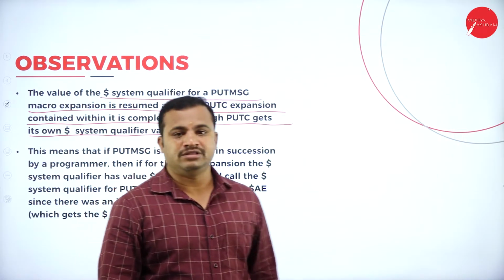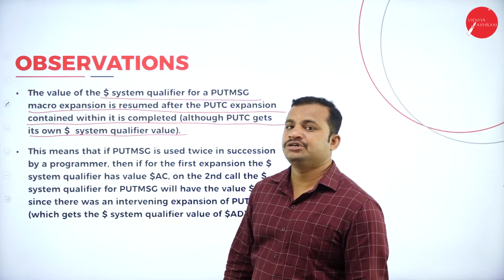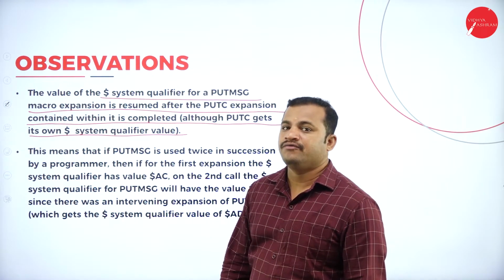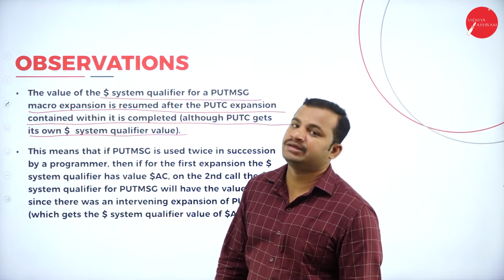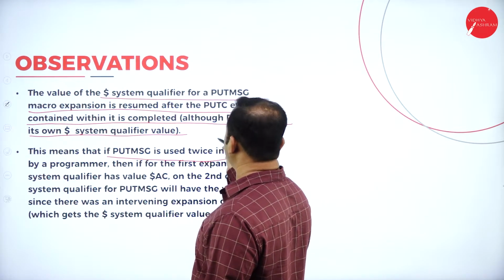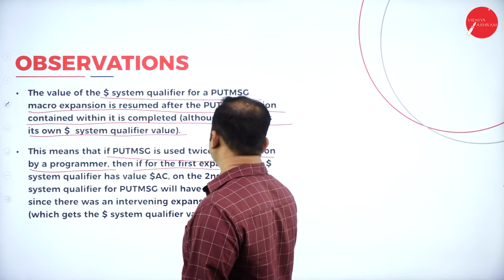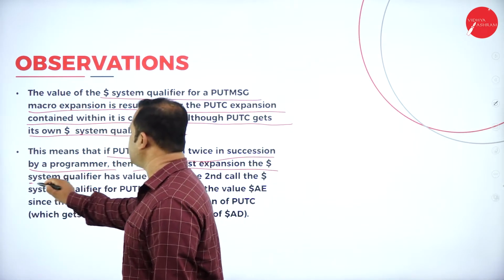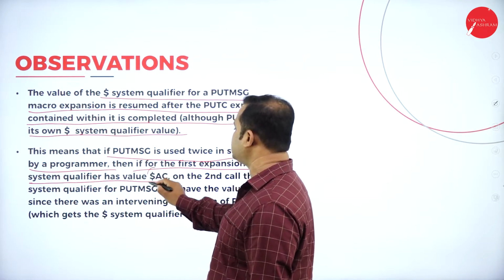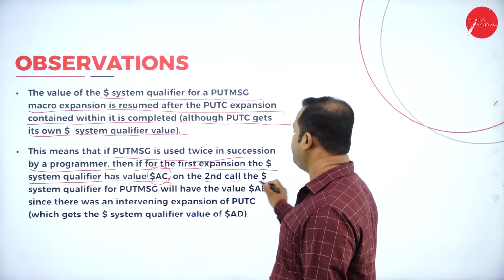So we have the unfolding of the information furnished by incorporating one function call inside another function call. This means that if PUTC message is used twice in succession by a programmer, then if in the first expansion the $system qualifier has the value $AC in the first version, then the second call would be AE,